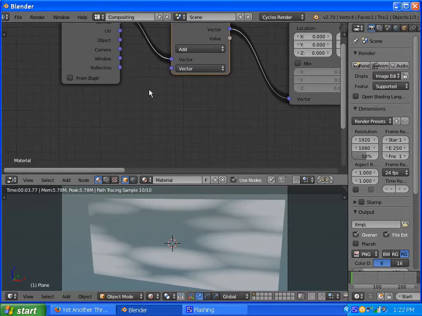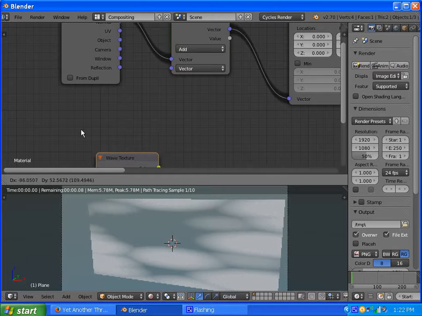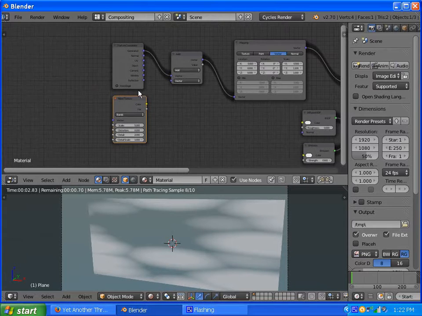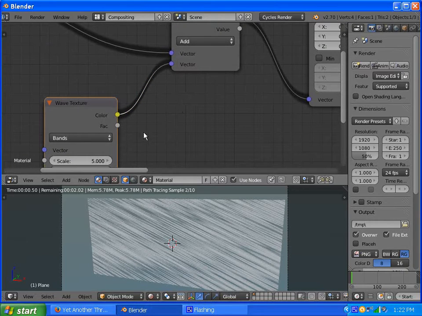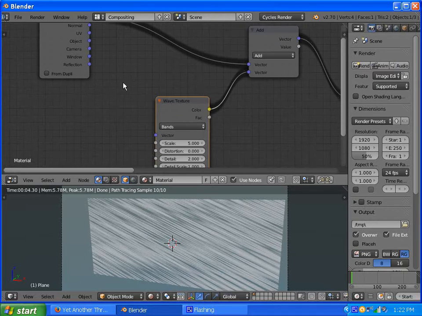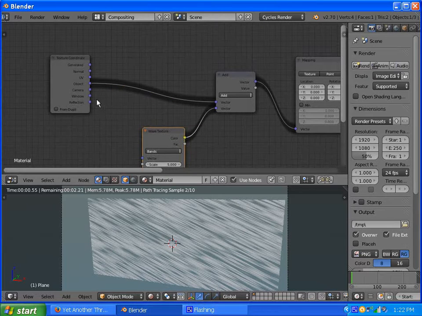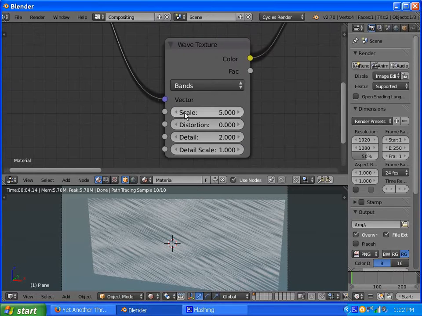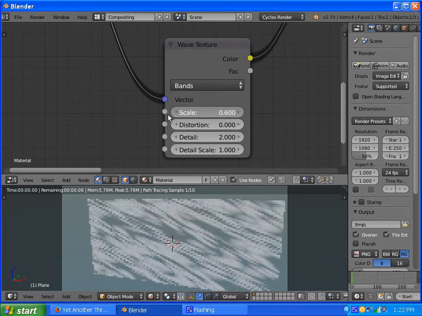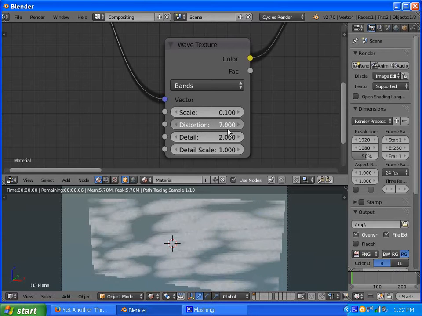And what I'm going to do is take a color from another noise channel to mix up the vectors a bit. So what I want to do is use waves, and I am going to take the color information. Alright, now that banding is like way too strong. And actually I could use the object UV instead. Right now you're wondering, whoa, that's like too much. Yes. Just take the scale way down on the banding. The banding drives distortion,